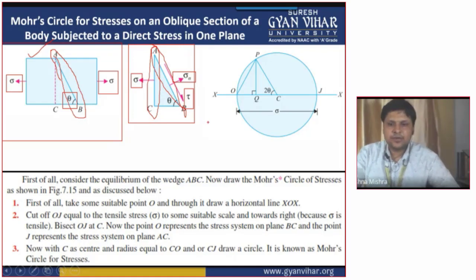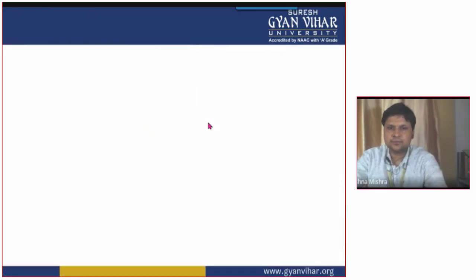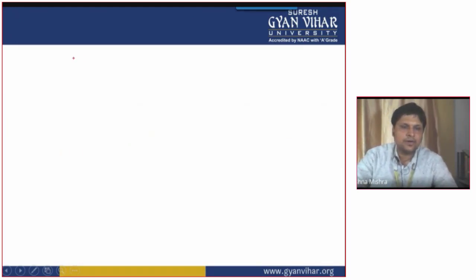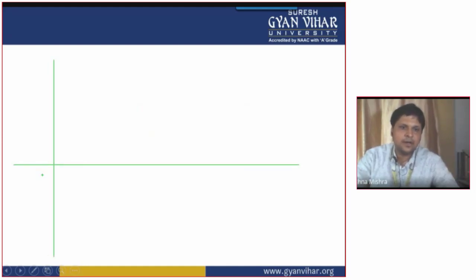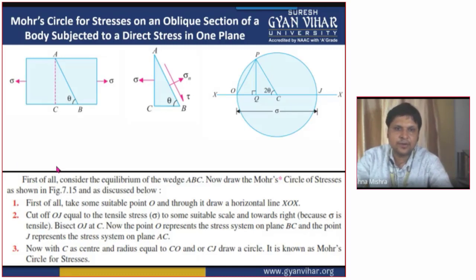See, students, first of all, what we will do, this is an open space. Let me draw here. First of all, we will draw a vertical and a horizontal line. This is the vertical line and this is the horizontal line. All right. And the name of this particular point will be given as O. Now, from this point O, the value of the normal stress which is given to you, let me first of all see the question and keep these values in mind. Here there is no value given, only sigma is given to you.